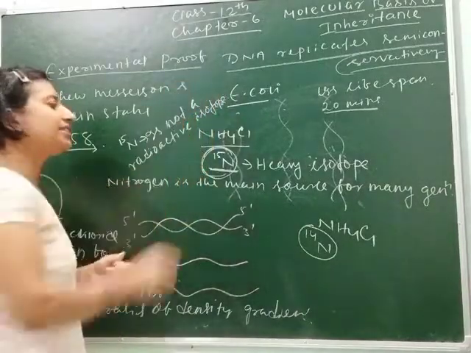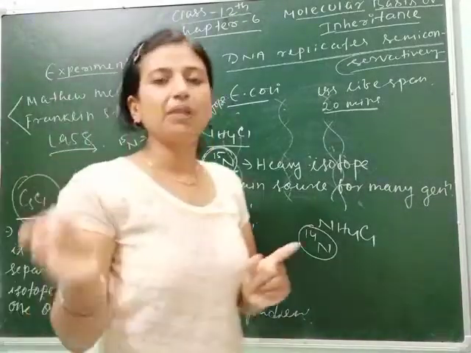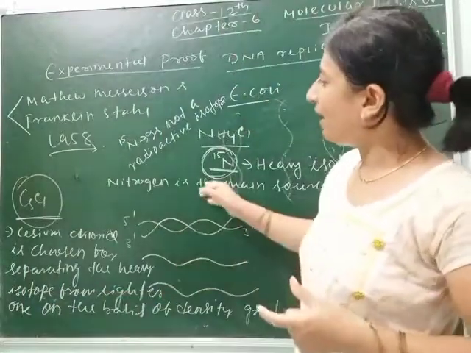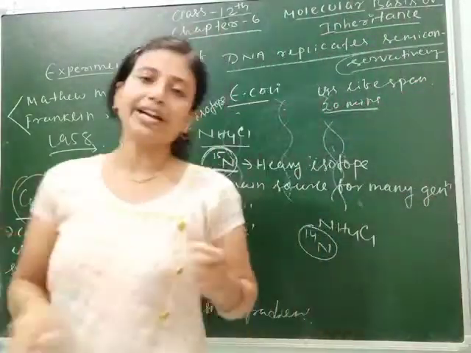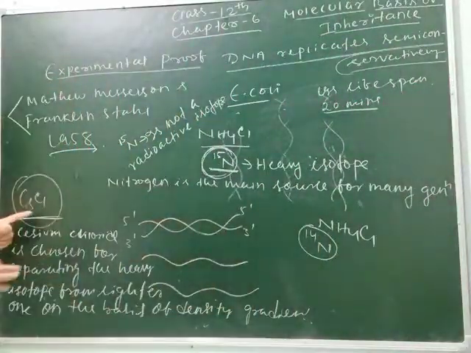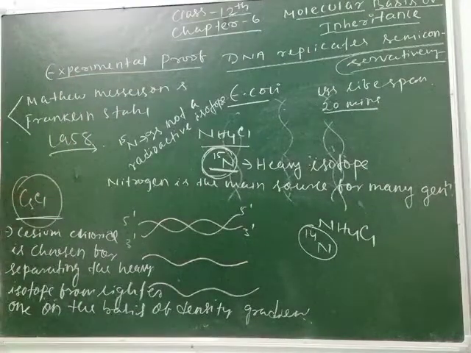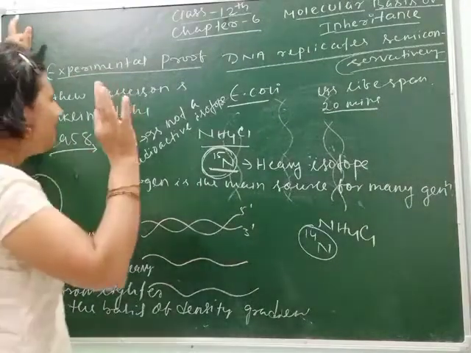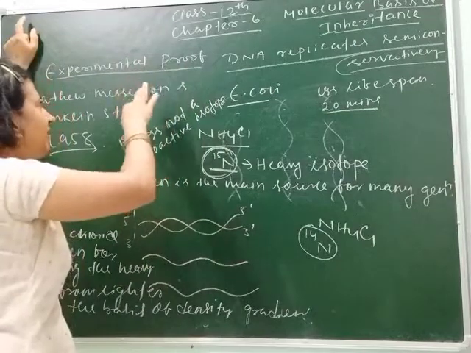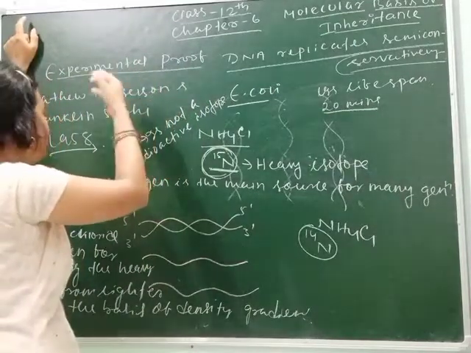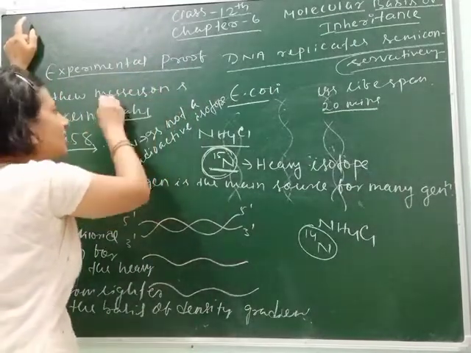That's why it can be separated very easily from nitrogen 14 by putting it in cesium chloride on the basis of density gradient. Clear? So we can say that this is the experiment done by Meselson and Stahl